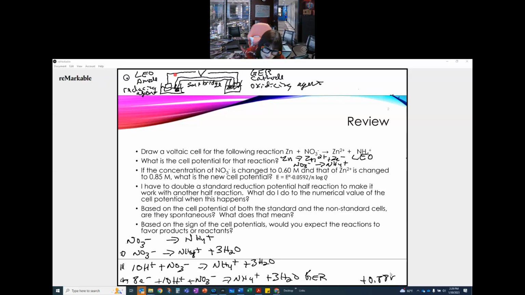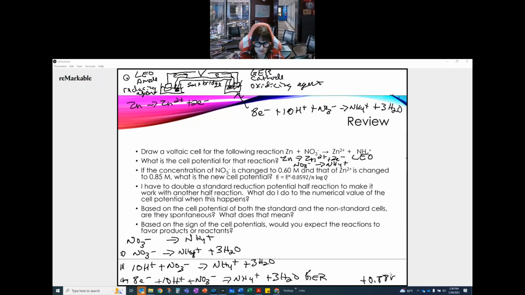I know that my electrons leave from here, go through this path over here, down that way. Okay, so that's the direction of my electron flow. This right here is Zn going to Zn2+ plus 2 electrons. This one over here is 8e- plus 10H+ plus NO3- going to NH4+